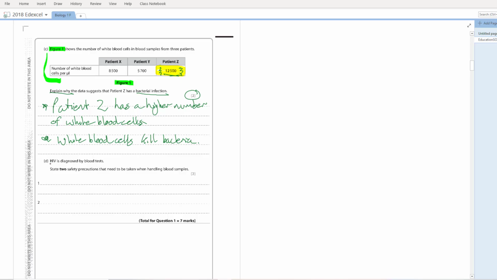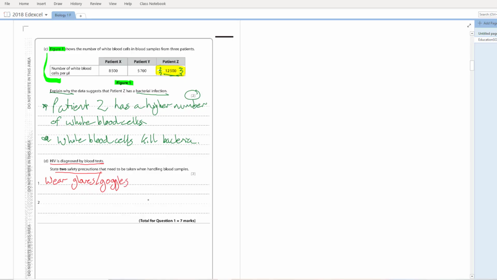Then the last question for question 1, after reading the information, it says HIV is diagnosed by blood tests. Take 2 safety precautions you could be taking when handling blood samples. So you need to imagine that you're a nurse or a doctor and you're handling some blood samples from somebody that could potentially have HIV. The first thing that comes to mind is that you should wear gloves or